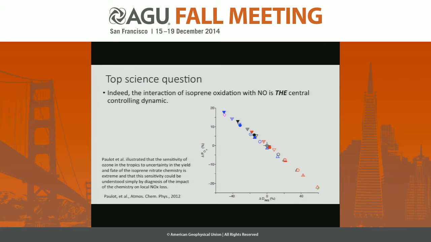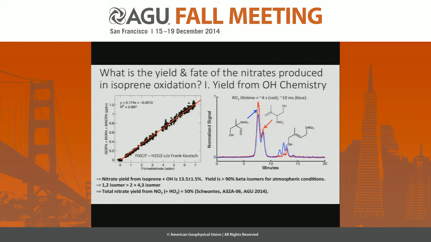Because if they are efficiently converted to nitric acid, we end up down here. And that is to say that isoprene is not as strong a forcer of ozone and oxidant as might be expected in the base case. Whereas if it's very inefficiently converted to nitric acid, we're up here, and the chemistry will be very, very hot. Okay, so let's go to the lab first.